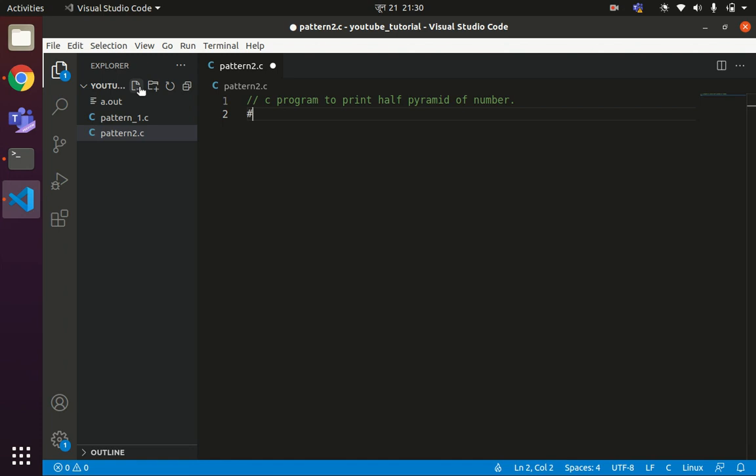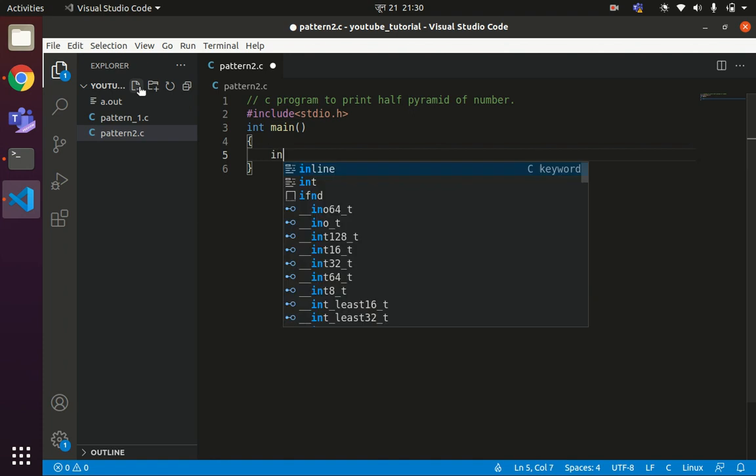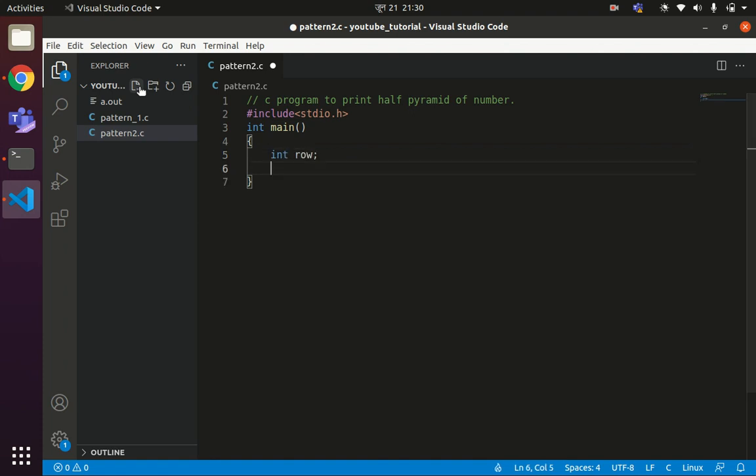Include stdio for printf and scanf. int main, again int row. If you are interested, then ask the user to enter the number of rows, or you can hard code it as 5, 6, whatever number you want to give as the value of row.